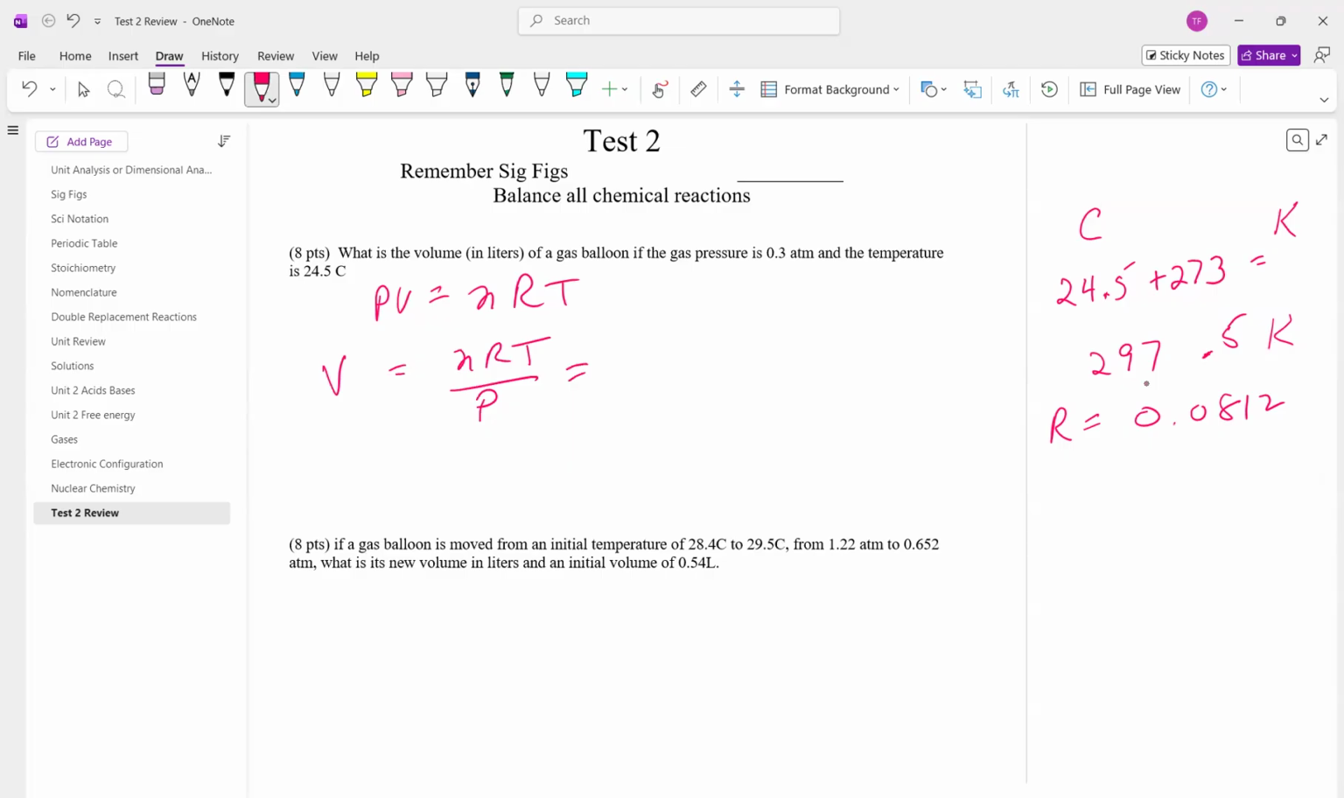Okay, so Misty, since N is not given, what should it be? She emailed me this question, that's why I'm asking. So if the moles aren't given, assume it's 1 mole. So that's going to be 1 times